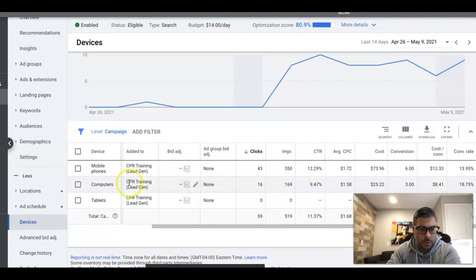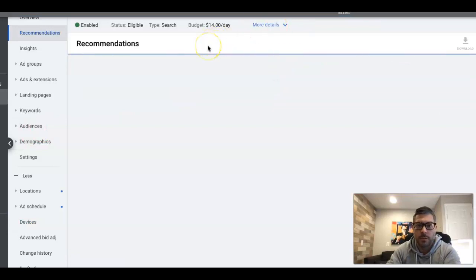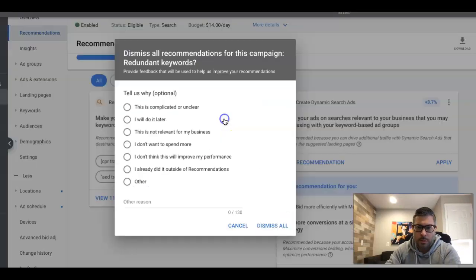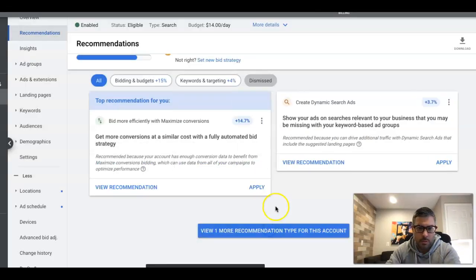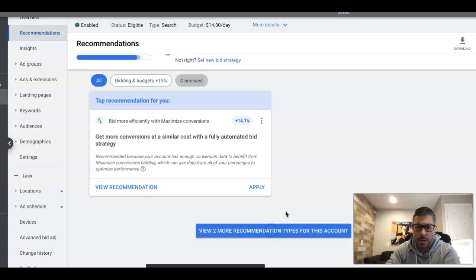So that looks good. Now let's go up to recommendations and just see what Google's trying to sling at us. Sometimes it's not bad. Alright, so I'm not going to do this. I am going to try this. I'm going to get rid of this. Don't want dynamic ads. So I'm actually going to try maximize conversions,